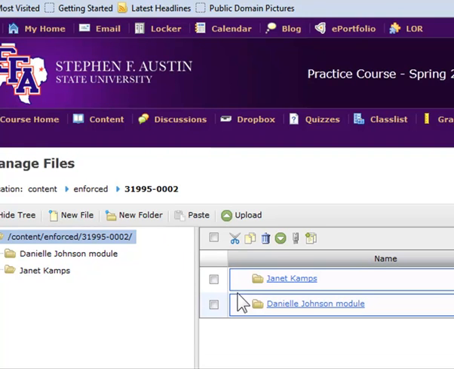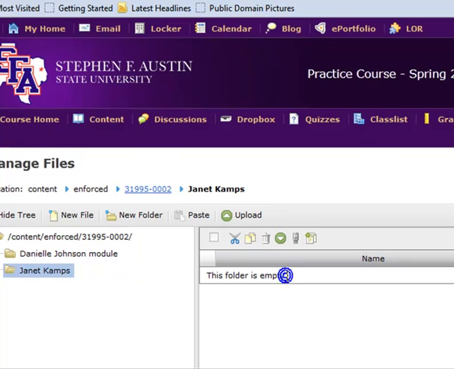And there's my folder. Now I have my own space in the practice course for my files. I need to open my folder so I can upload my zipped folder files into it. I'll click on my name,